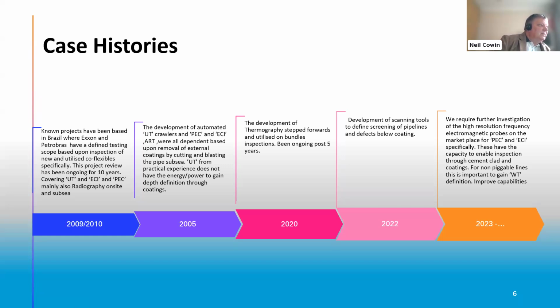But acoustic resonance is one area of technique which is different, with frequency modulators that we've managed to go through coatings and FPE and polymers. But the jury is still out about its efficiency with varying pieces of equipment. Eddy Current, we've had a lot of success with, again, with deep water flexibles, and I know they've had a lot of success with PEC and radiography, utilizing it on samples of flexibles, both in Brazil and samples that they've